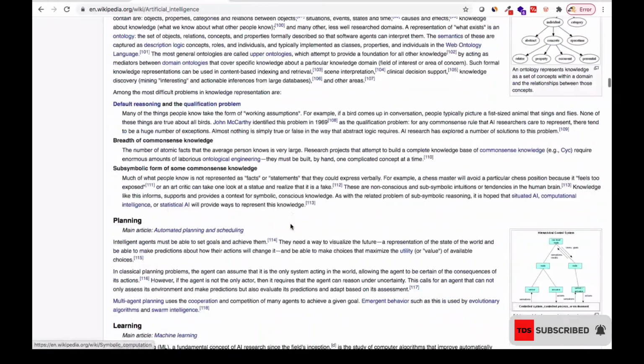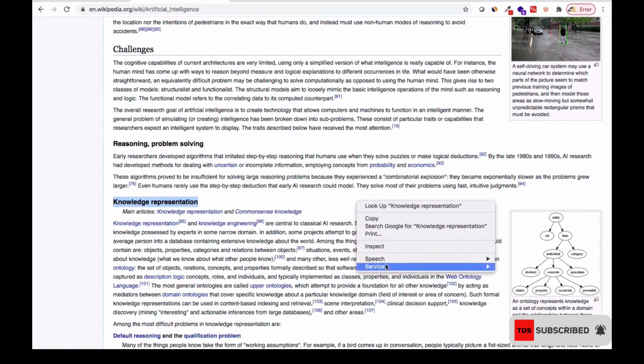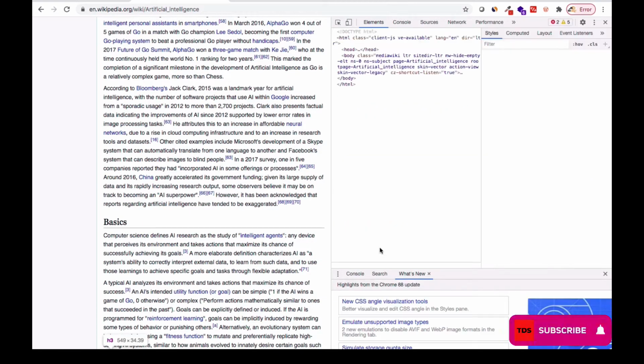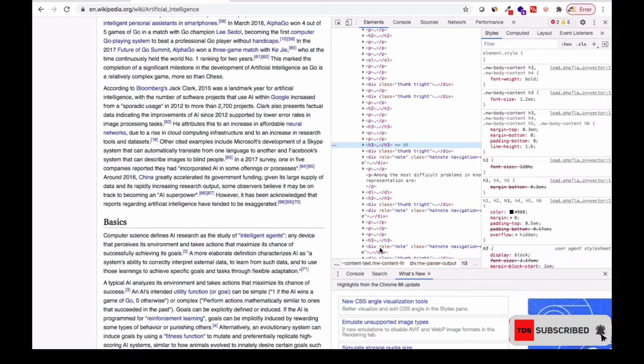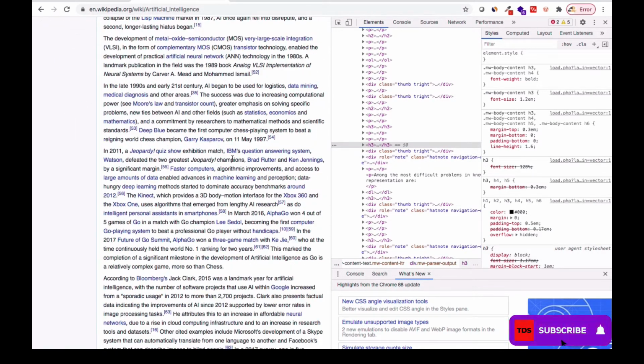The other thing that we can do is just right click anywhere, and then go to inspect, right? You can click on inspect over here, so that we have the source of this page. You could have also seen the page source as well. In this case, I'm using inspect over here,